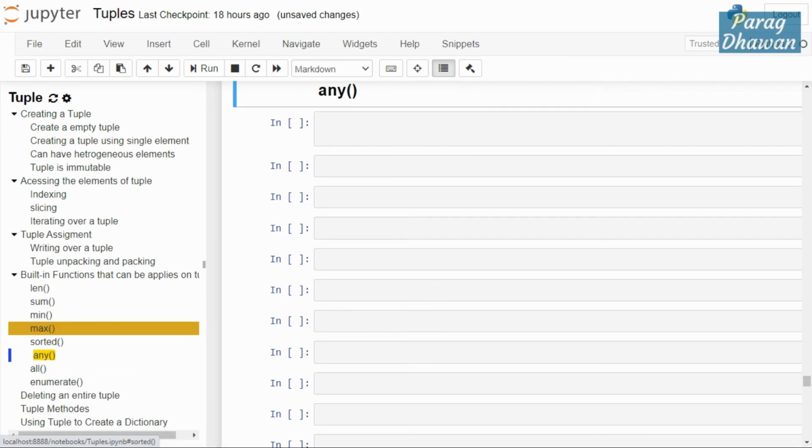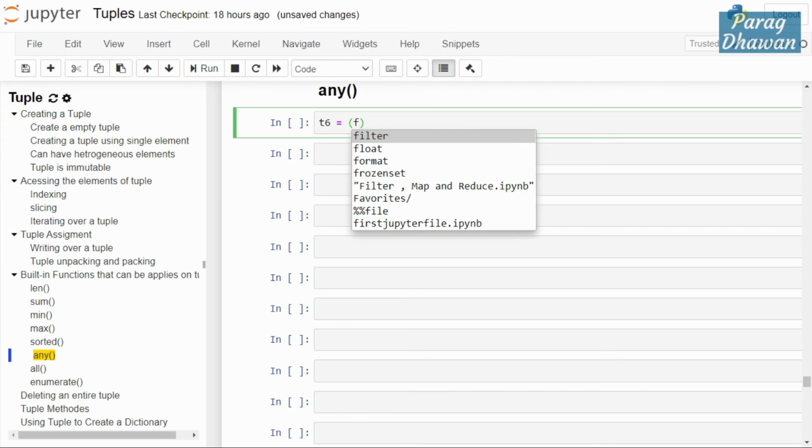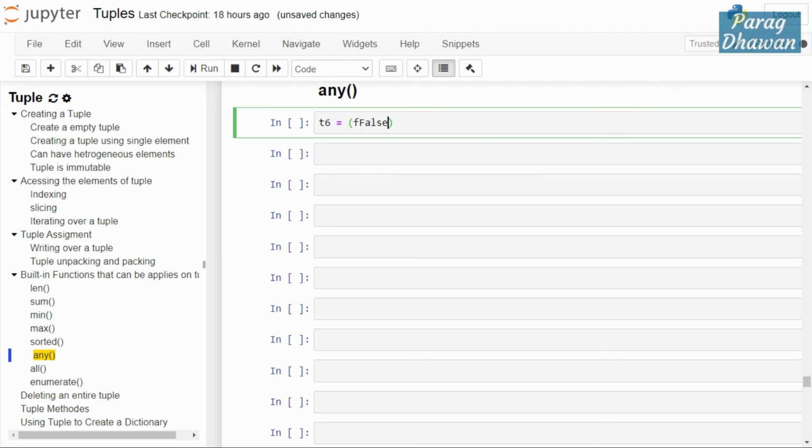The any function: if you have a tuple and any of the tuple values is true, the output will be true, otherwise the output will be false. For example, we create a tuple which contains all elements that are either false or null. False.